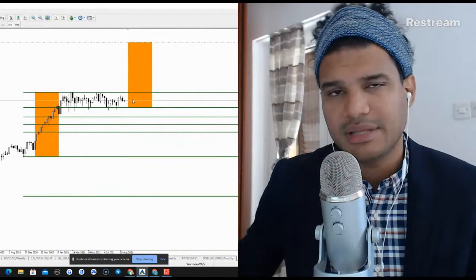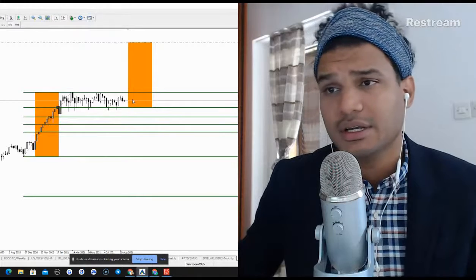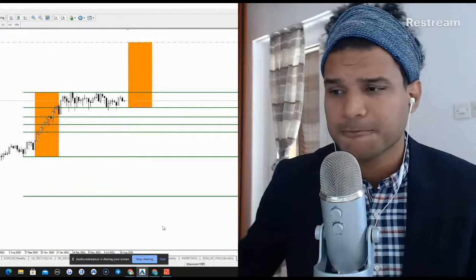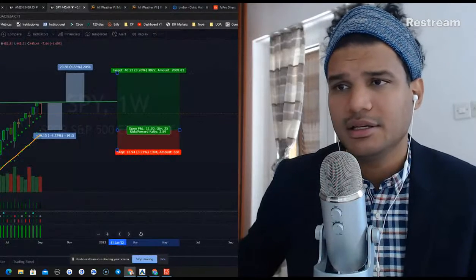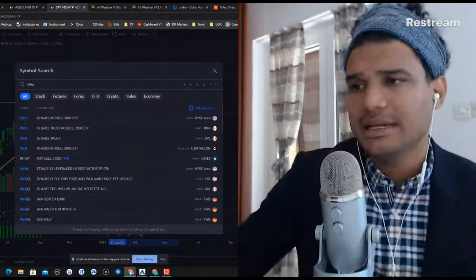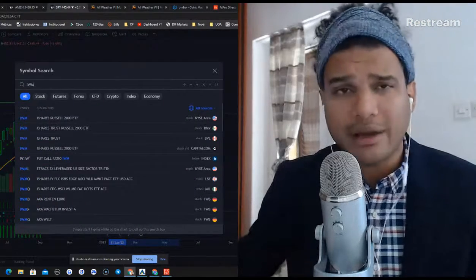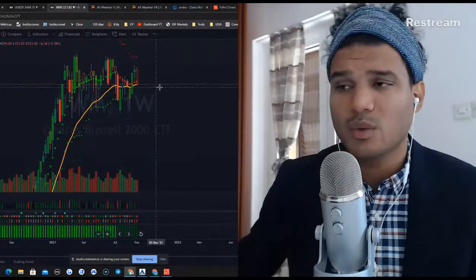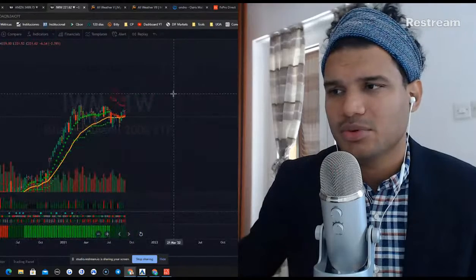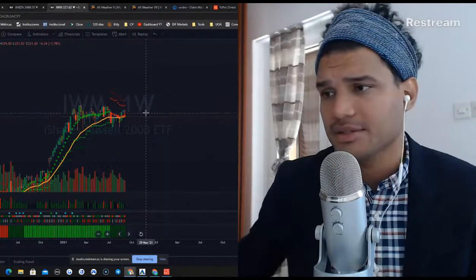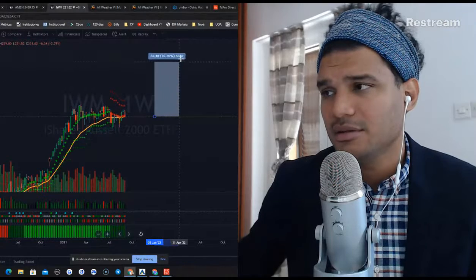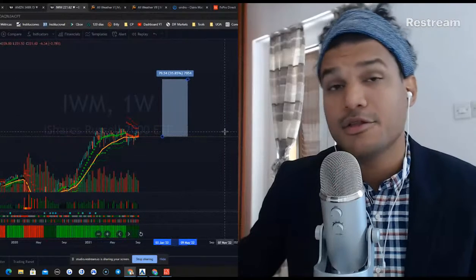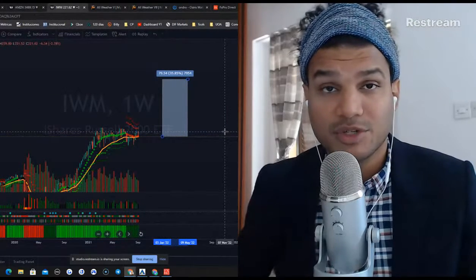So we have to pay attention, but definitely an opportunity for long-term players looking for retirement rather than just buying different small cap companies. Then you can easily take a look at the IWM, the ETF iShares Russell 2000. At this point, it's testing the support at 221. But like I said, if my forecast takes place from this level, you're looking, with limited risk, at a 35.85% return on your money.